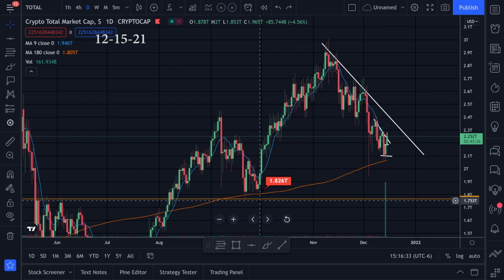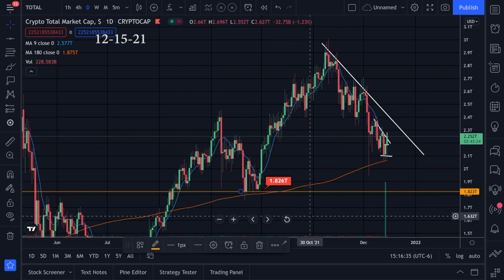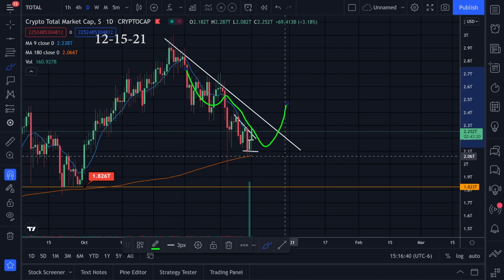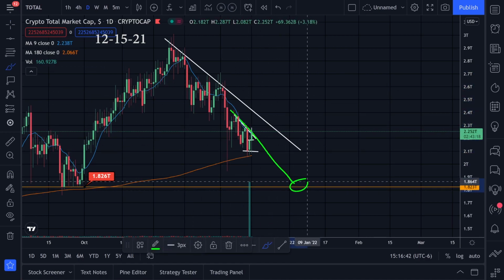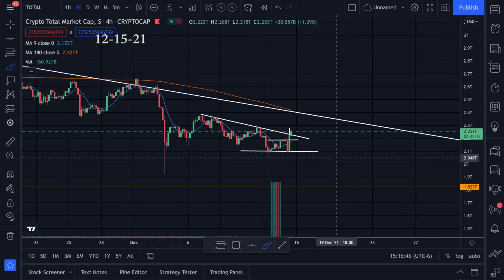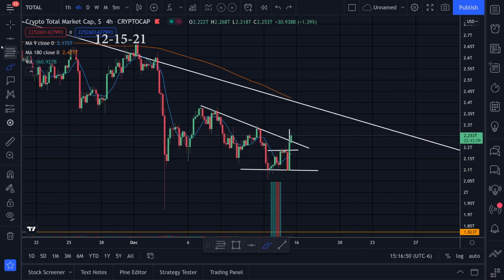Let's actually drag it up a little bit. I think it's going to be a little bit higher than that, like around 1.82 trillion. So until we break this trend line going to the upside, I'm kind of thinking that it might come down, and it might come down here. But in the meantime, let's jump over to the 4-hour time frame. This is the time frame we were looking at on Ethereum.